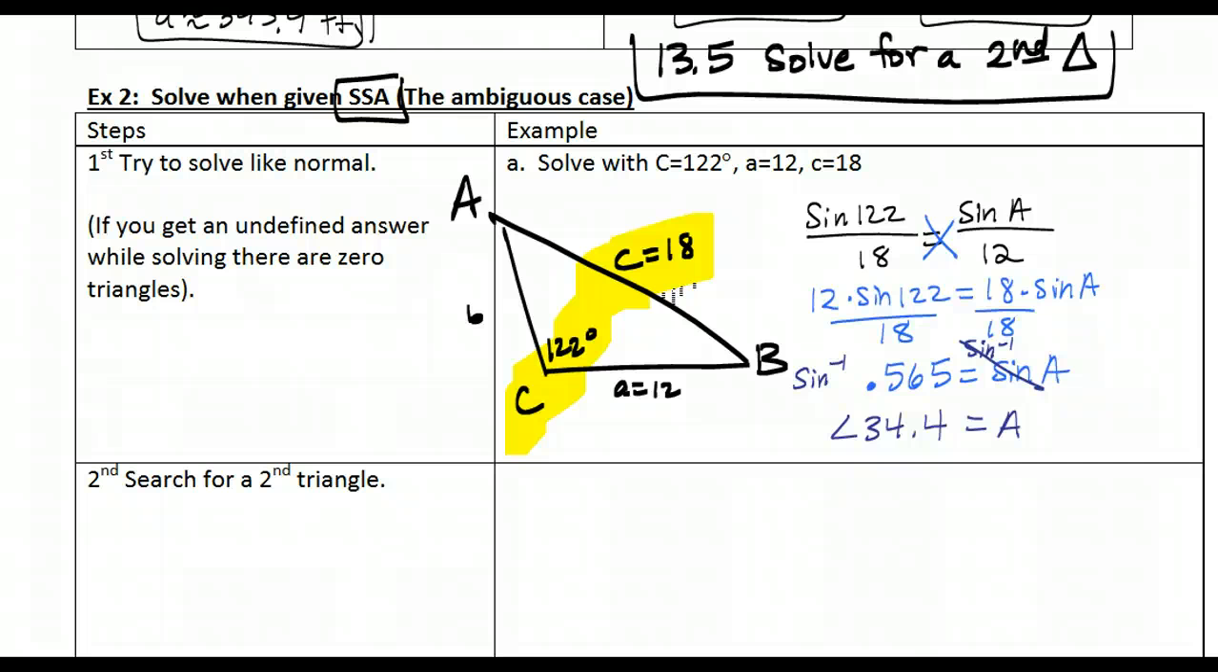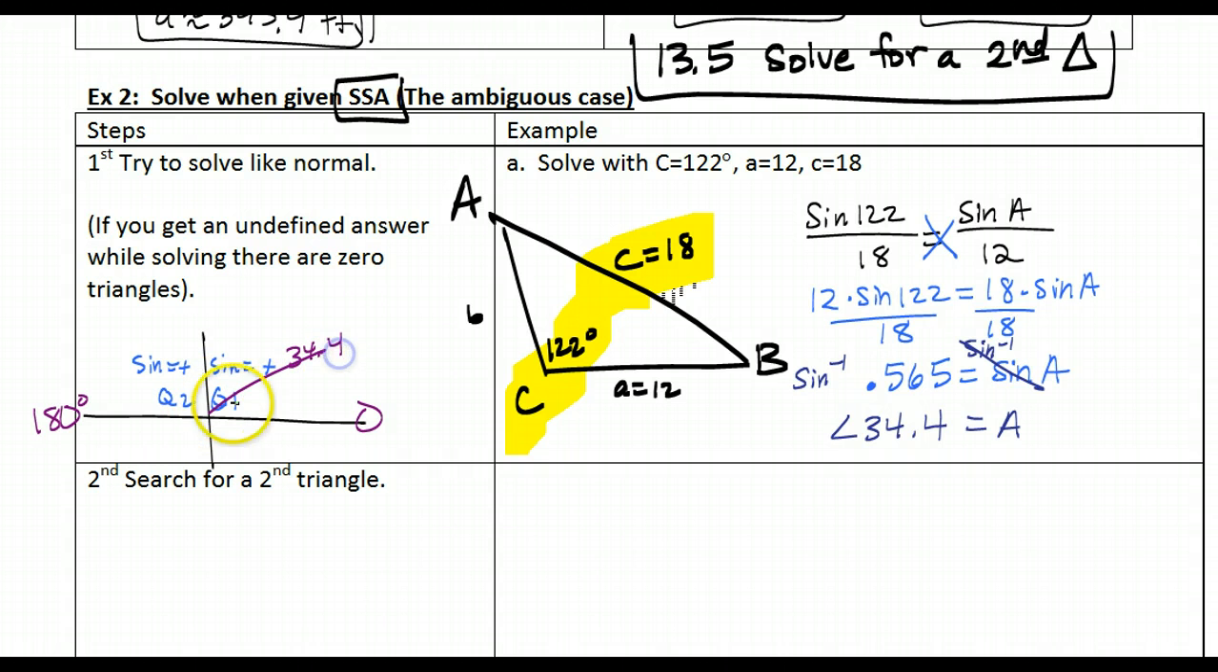And there could be a second angle. So let me just pause and explain something really quick. You might remember from our unit circle that in quadrant 1 and quadrant 2, sine is positive. Now, this goes from 0 to 180 degrees, which are my possible angle values. If I have 34.4 right here, I don't know if it's actually 34.4, or if I'm talking about this one, which would be this distance of